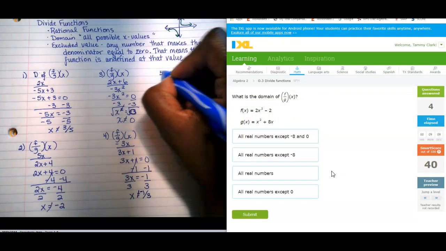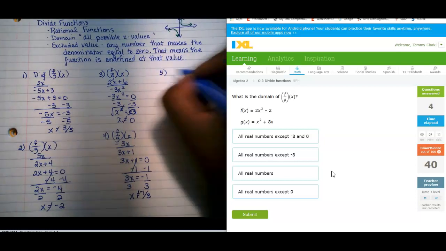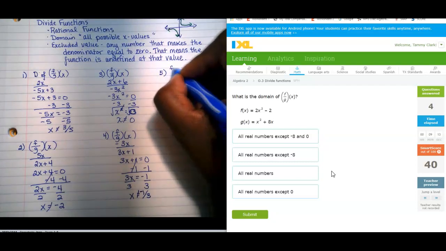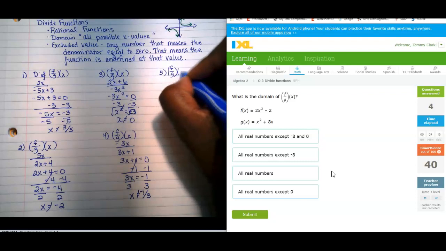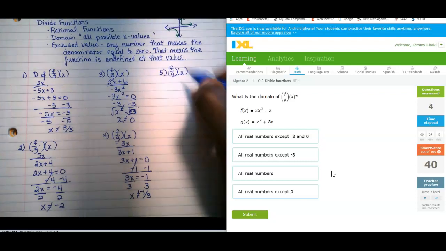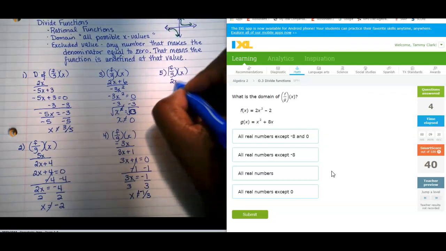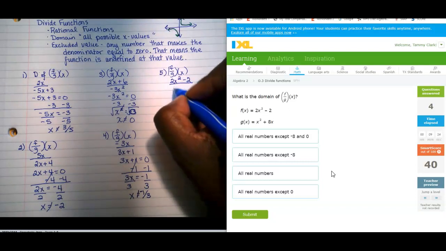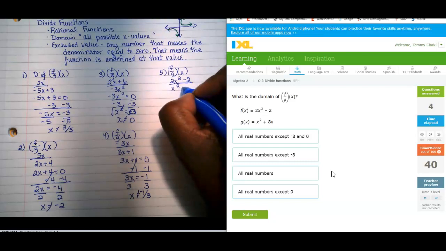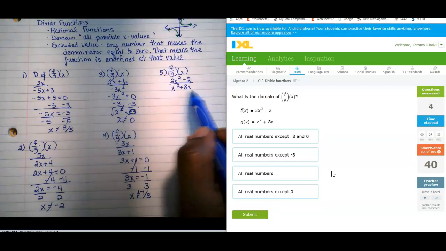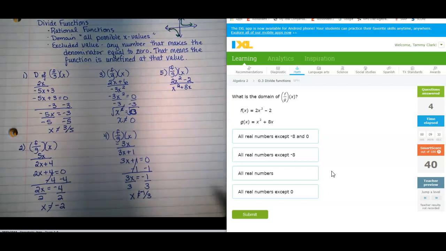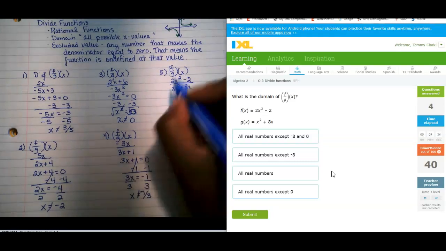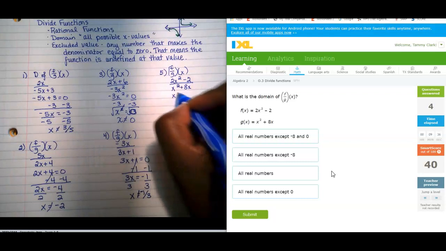Number 5. Again, we've got f of g of x. And here we've got f of x is 2x squared minus 2 divided by x squared plus 8x. Now, here, it looks a little bit different from what we had before. So the first step in this